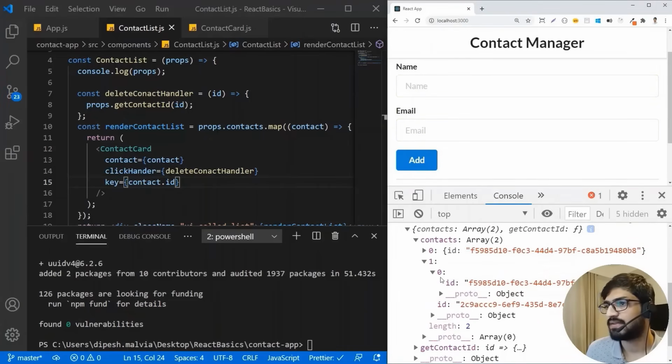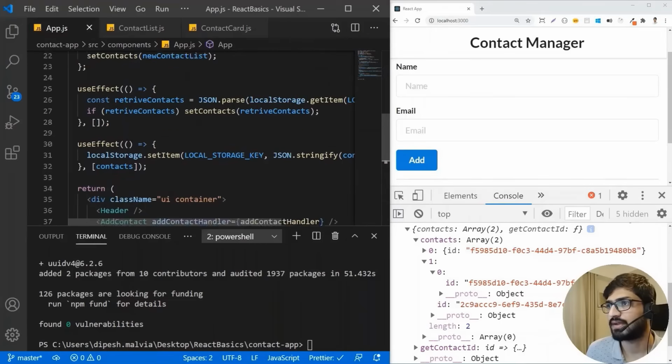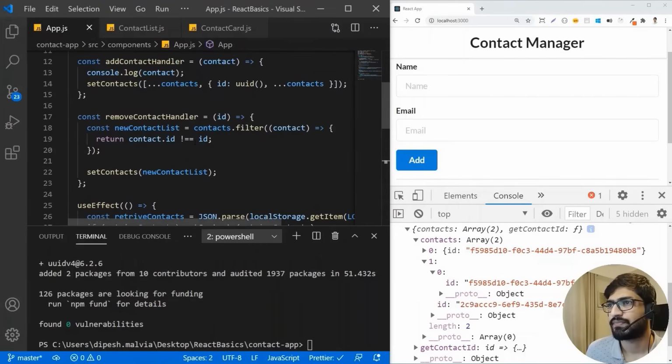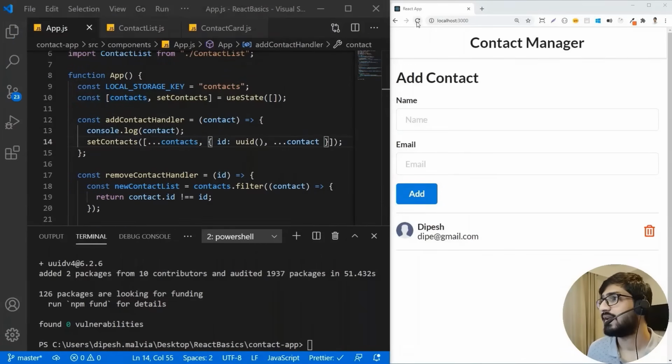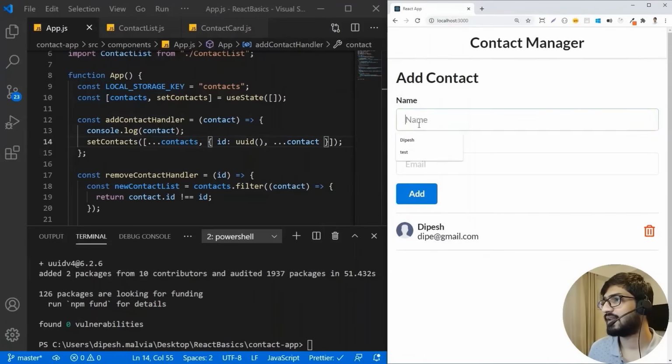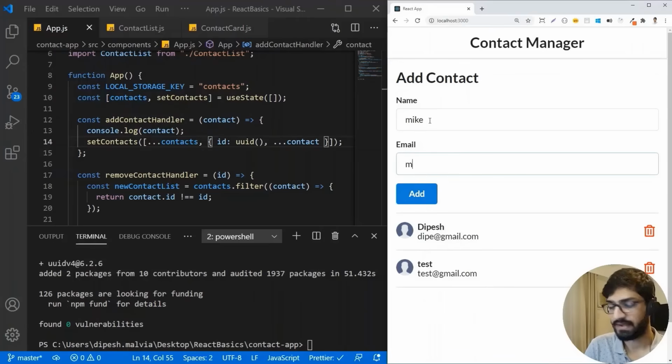So something is wrong with the structure. So let's go here and make the structure correct. So this should be contact. All right. And now if I refresh it, then let's add another one, test. And if I click it, I'm able to add. Let's add one more,